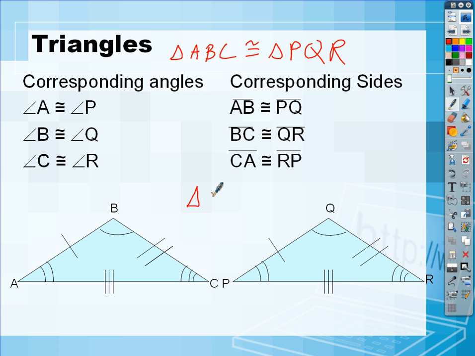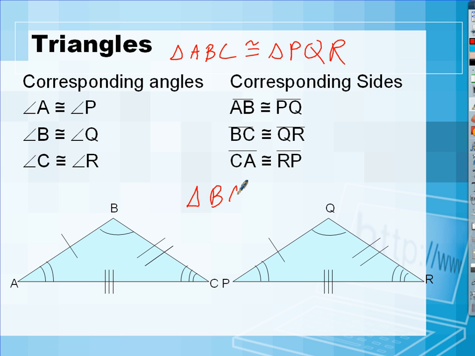I could have said triangle BAC is congruent to what? Okay, Q. B goes with Q. P. And then C goes with R. And that would have been fine also. Okay, but you have to have the same order. Does that make sense? Now, the other thing that comes with that, when you line up the vertices, it tells